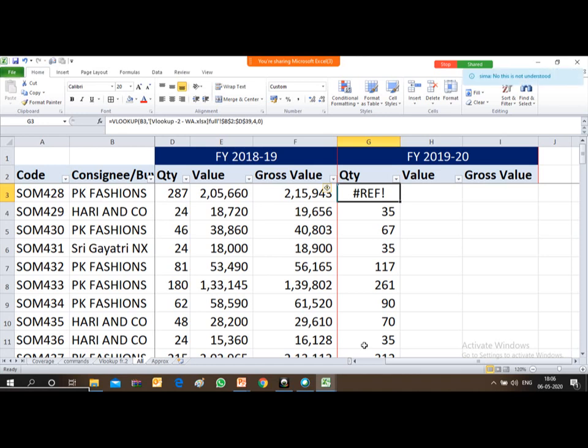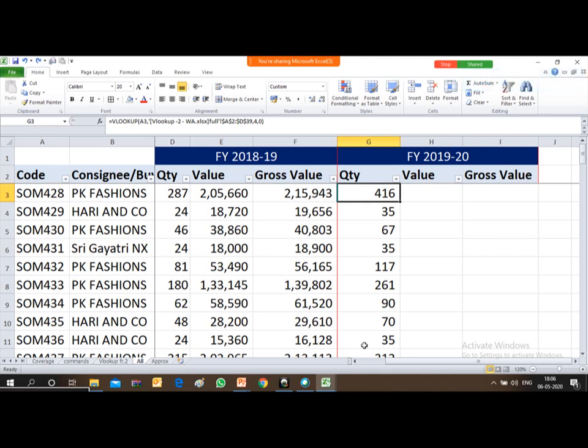By omitting one column... So someone is mentioning that he is not able to understand. So let me repeat it.